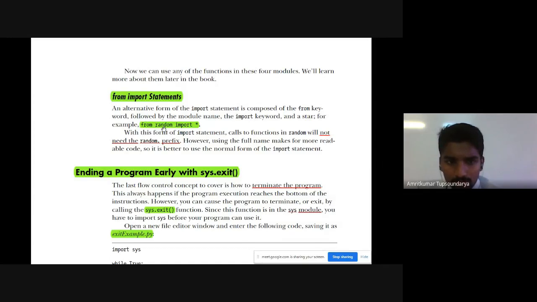This is another type of declaration which is as good as what we declared in the previous program that we saw, right? It is exactly the same. It is just another way to import. But the advantage of this approach is that we don't have to prefix our function name every time with random dot. We don't need to prefix random dot before calling any function.